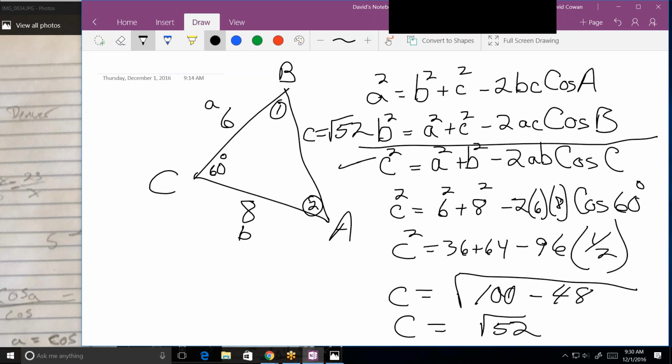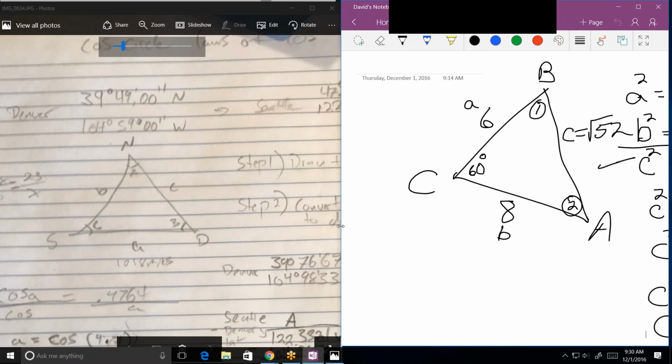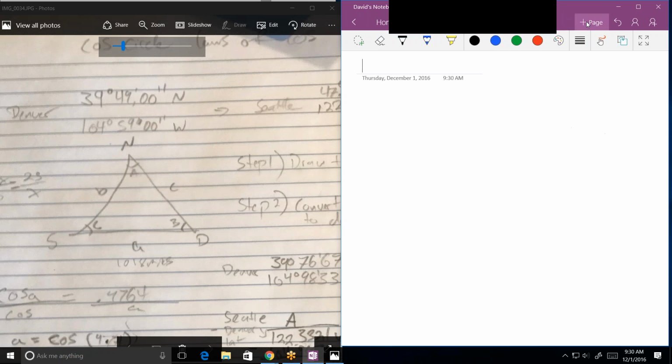All right. So all you're doing is taking your model, North Pole, Denver, and Seattle, and you're going to make a triangle out of it and solve the triangle. That's essentially what your job is. Okay? Well, in your drawing, let's go ahead and have a look at your drawing. We still didn't quite finish this problem using the law of sines, but let's put that off until we see whether you need to do that. You may or may not need to use the law of sines in this. It's hard for me to imagine that you wouldn't use the law of sines, but